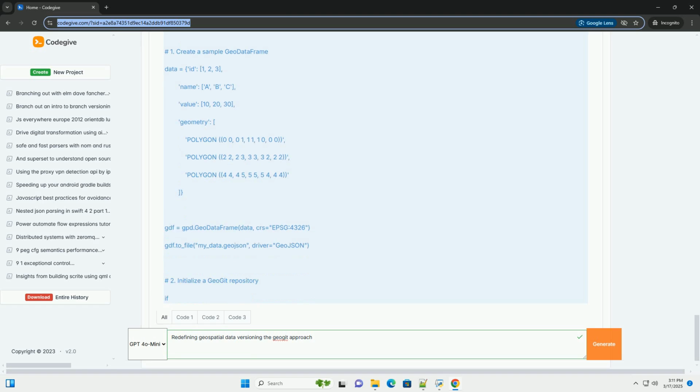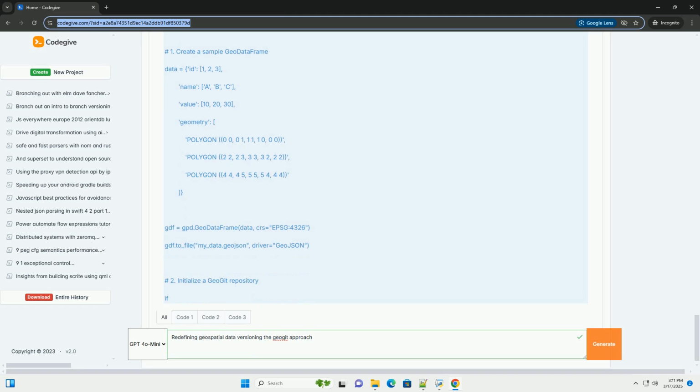5. Build GeoGit. 6. Configure the geogit command. Find the geogit CLI/target/geogit executable in the geogit directory you cloned. You'll need to make this executable available on your system's path. A simple way to do this is to create a symbolic link in a directory that's already in your path,